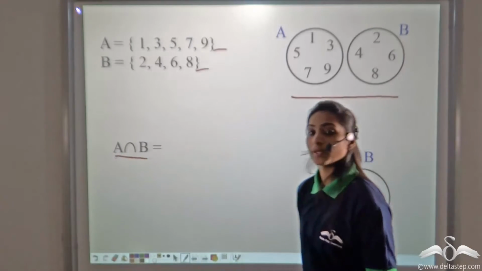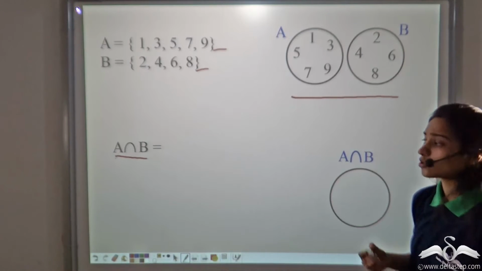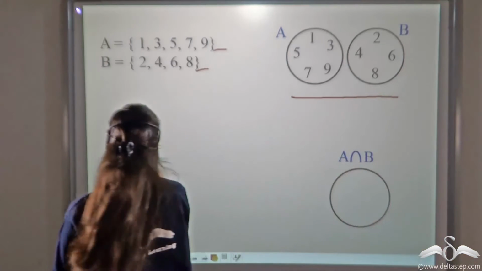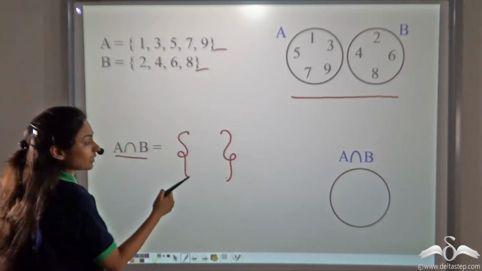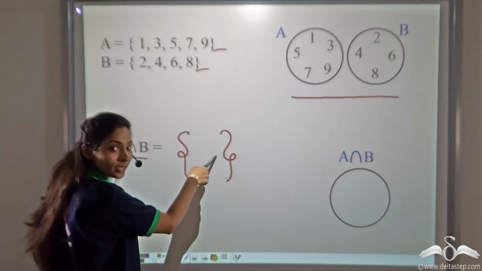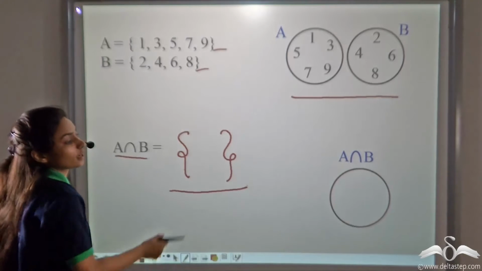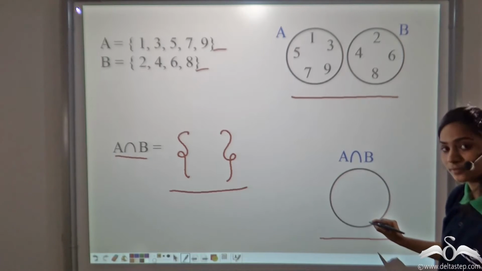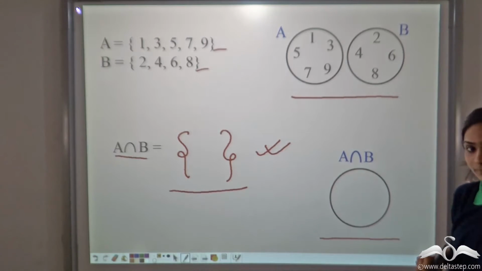So what will be A intersection B here? Now you will say there is no element that is common to both A and B. So how will I write A intersection B here? Well, there is a way to denote that. We will write that A intersection B is an empty set. You know that the empty set is denoted by empty curly brackets, brackets without any element between them. So A intersection B here is an empty set. It is denoted by this Venn diagram. Does it have any element here? No, it has no element inside it. That is why it is known as an empty set.